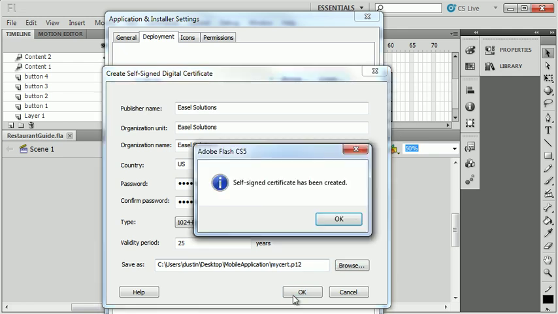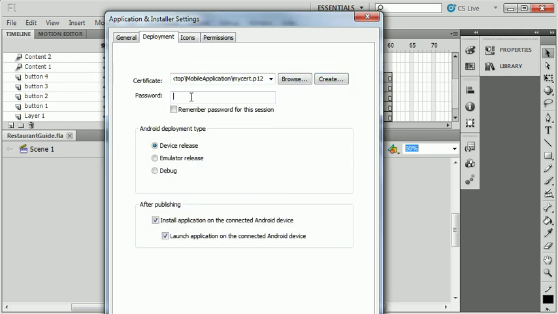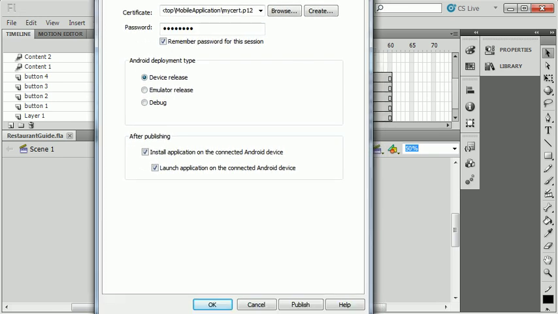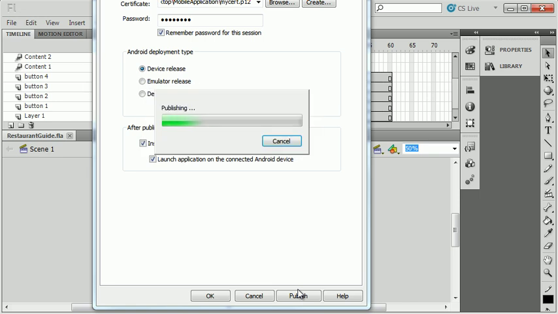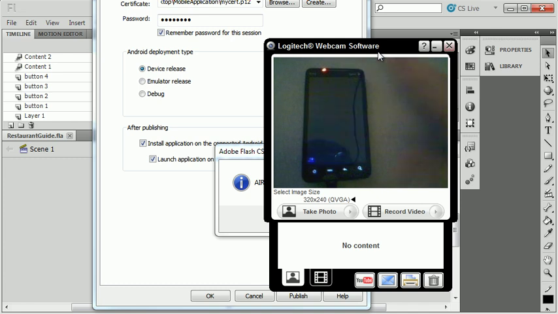It should make the certificate file successfully. I'm going to put in the password, have it remember it. And as I said, this is going to be a device test right now, so I'm going to say test the device release. Go ahead and hit publish, and this is now going to make the application and publish it to the device. I'm going to turn on my device,